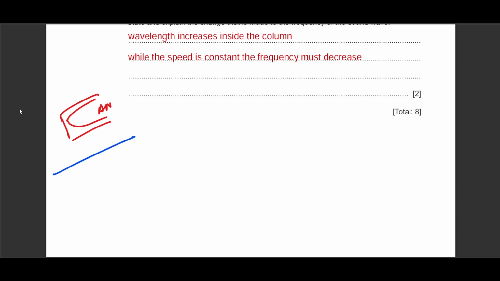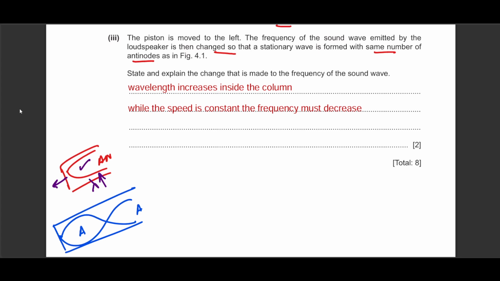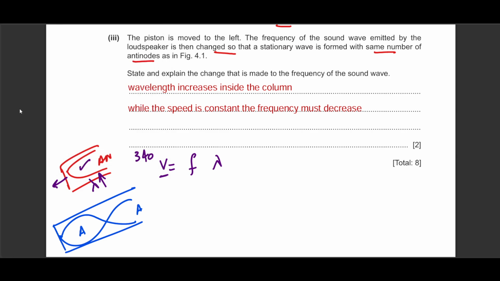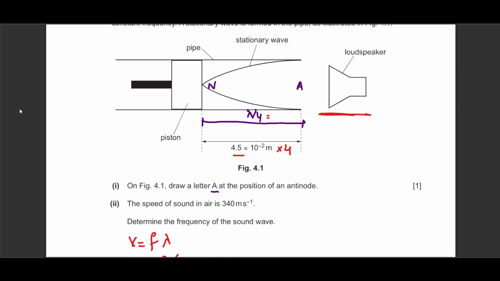Because if you look at the next cases, the next case would look something like this in this column. This will be an antinode, this will be an antinode. There will be 2 antinodes in the next harmonic. He does not want to do that. He wants to make sure that if we move the piston back, this is the shape of the wave that remains. Now, if that happens, the wavelength is going to increase. If the wavelength is increasing, what's going to happen to the frequency? You see, v is equal to f lambda. v is constant. The speed of sound is 340, given by the examiner. So if you are increasing the wavelength because of the physical change, then the frequency produced by the sound by the speaker should also